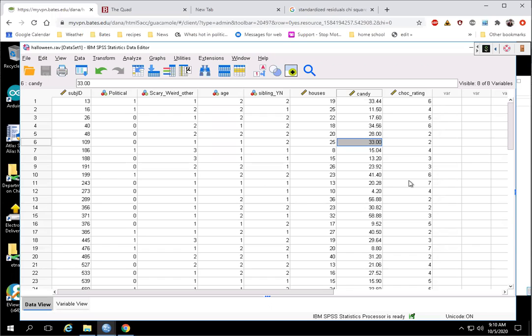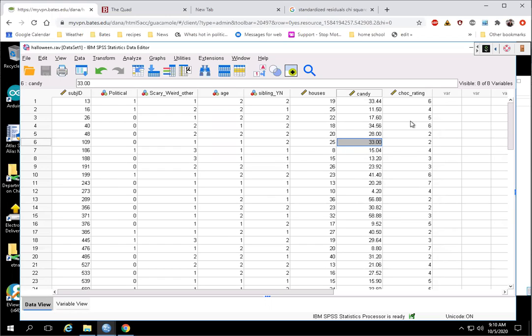Today we're going to talk about correlation and regression analysis in SPSS. So here we have our Halloween data set opened. With correlation, we'll start with that. We're looking for the strength and direction of the linear relationship between two variables. So for larger values on one variable, are we expecting larger values on another variable, or maybe smaller values on